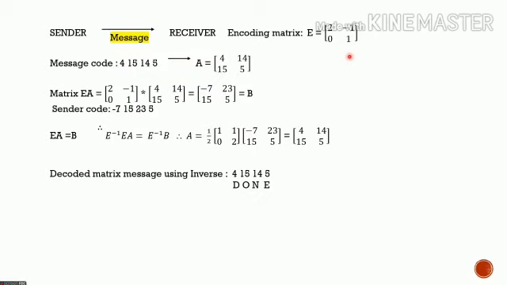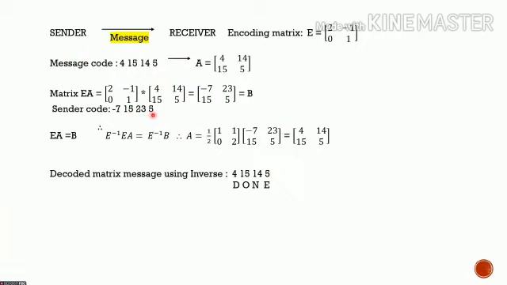So this can be represented in matrix form as the matrix A with elements 4, 15, 14, 5. We have to decode this matrix. So now sender sends the code -7, 15, 23, 5.